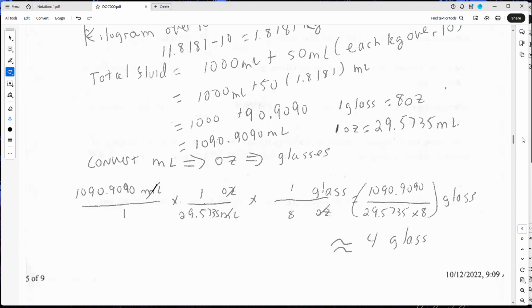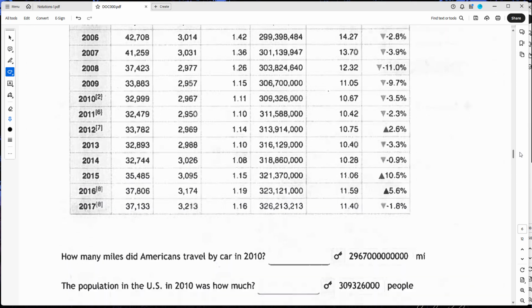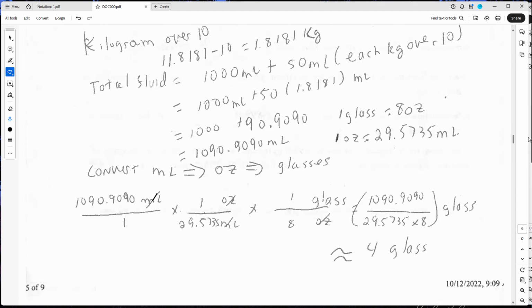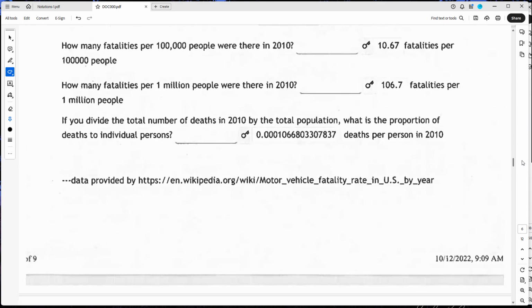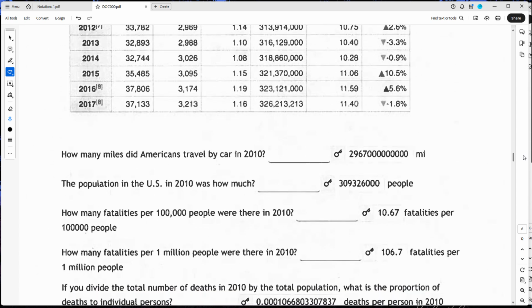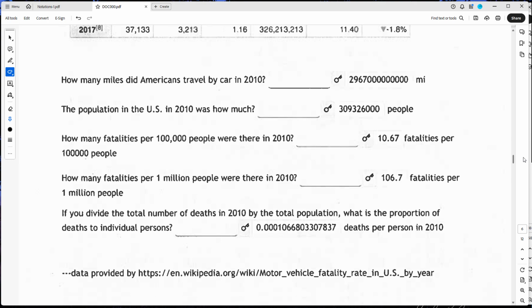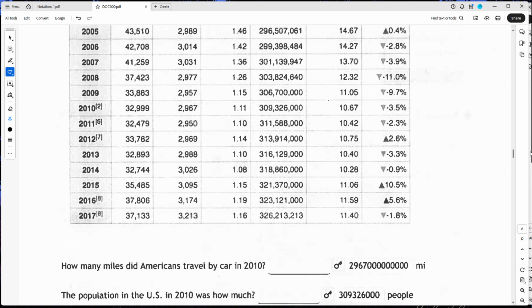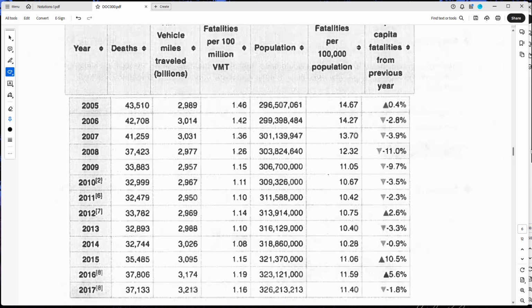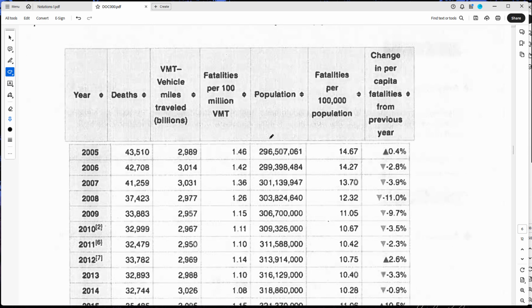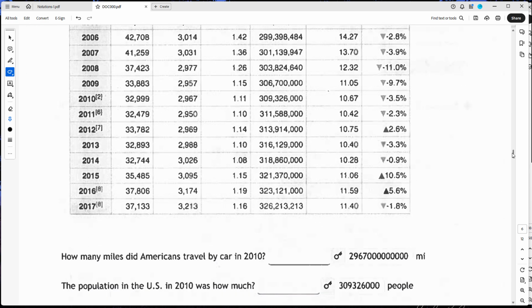And this problem here is number 7. This is number 7 here. And the work for number 7 is right here. So the first part of it: how many Americans did travel by car in 2010? 2010 is right here, and this is in billions. So our answer here,